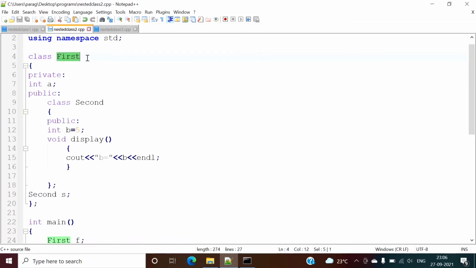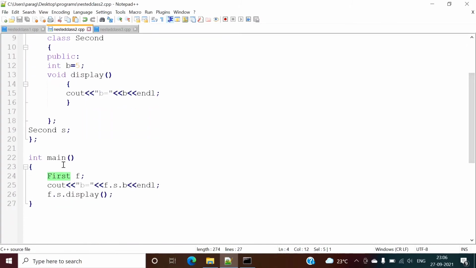So we have to create an object of the first class, and then we can access it. See, f is the object of the first class, then s is the object of the second class, which is defined inside the first class. So f.s.b, where b is a variable defined in this nested class or inner class.